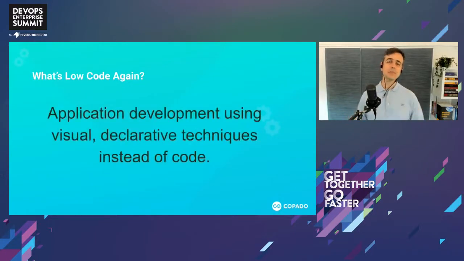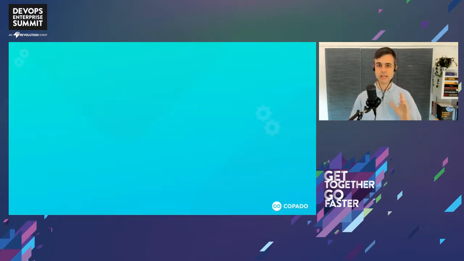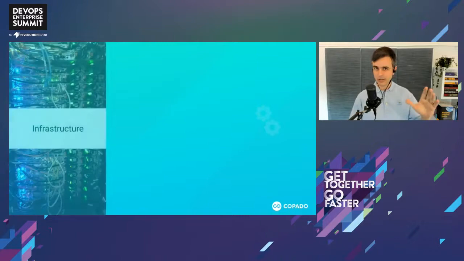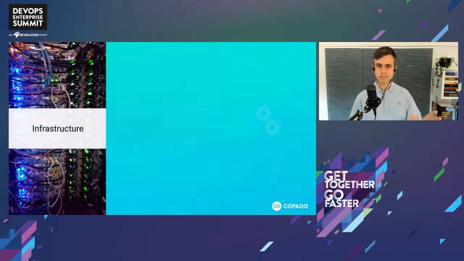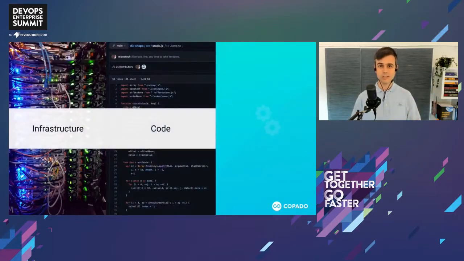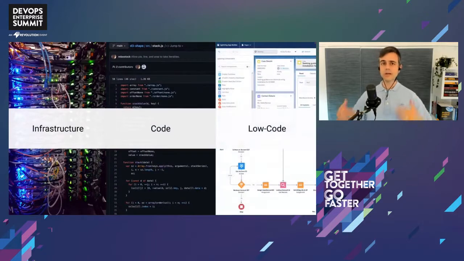So low code is application development using visual or declarative techniques instead of code. And just to make sure we're all on the same page about that, first of all, I think we all know what infrastructure is. We all understand what code is. So low code are systems that enable you to create a user interface like you see in the upper right, or create a flow of logic, business process logic like you see in the lower right, using visual or declarative